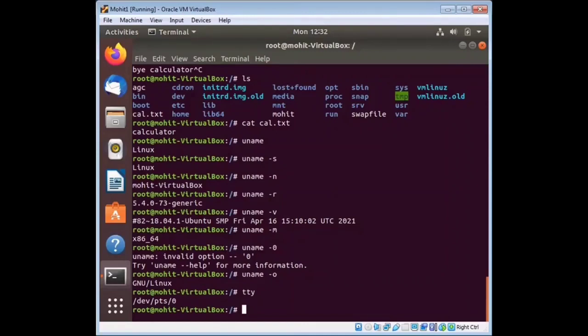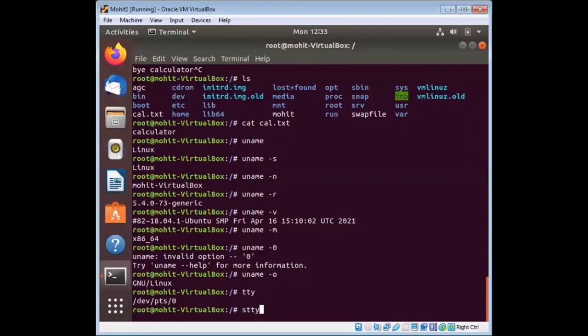So the next command is stty. What is it? This command is basically used to change and print terminal line settings. The syntax of the stty command is just type stty. stty sets certain terminal input output modes for the device that is the current standard input.